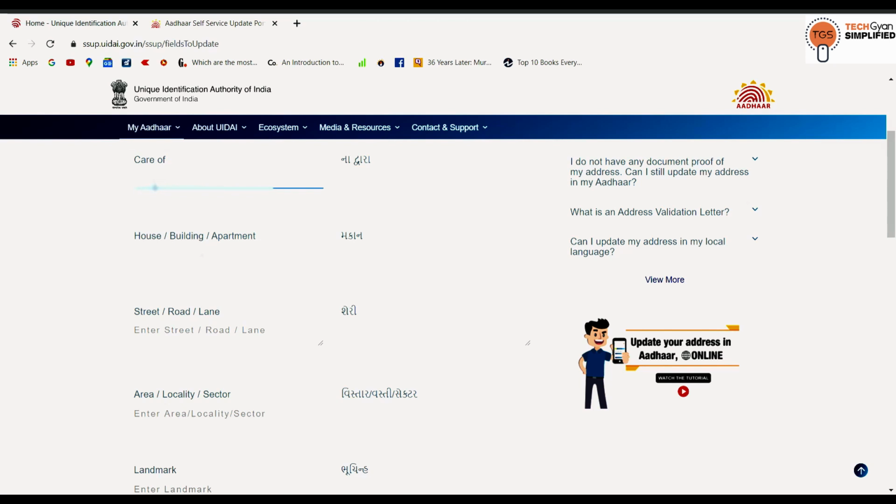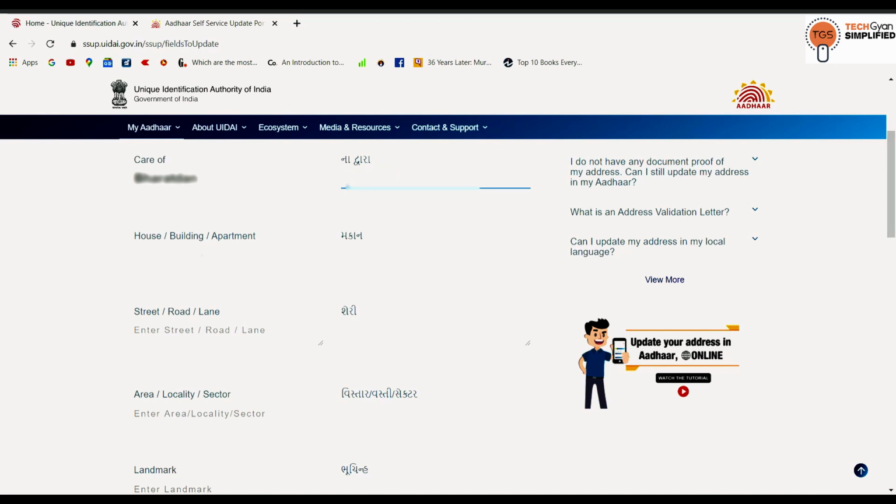So here is care of, you need to enter your parents or guardian's name or husband name. Here is the trick. First of all, you need to write it down in English language, and the moment you press tab key, it will automatically translate in your local language. If it's correct, then let it be. If it's not, then you need to correct it manually.